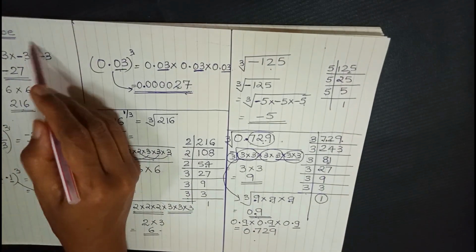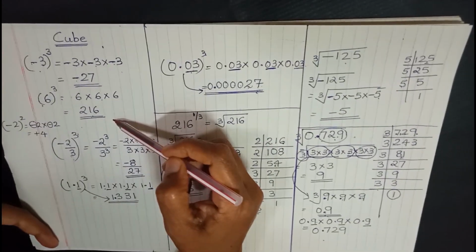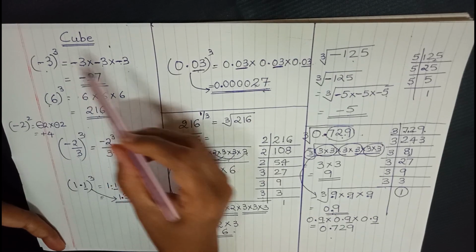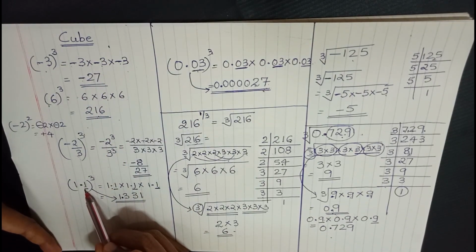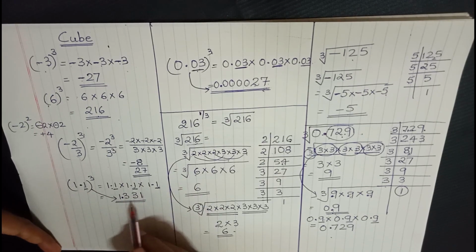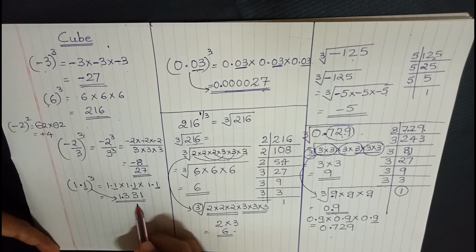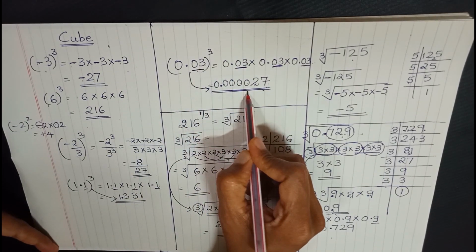So just go through, revise what we did today. We did the cubes, that is multiplying a number 3 times to get the cube of that number. If a number is negative, the cube also will be negative. If the number has 1 digit after the decimal, in the cube there will be 3 times the digits in the decimal. As you can see here, there were 2 here, so they became 6 here, right?